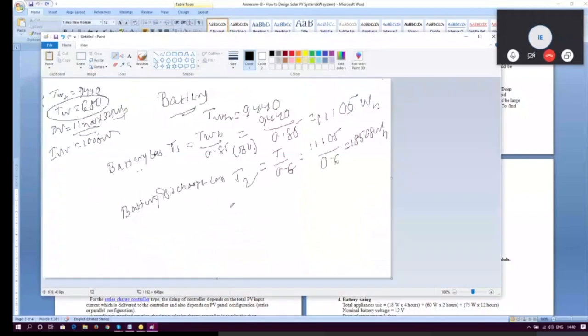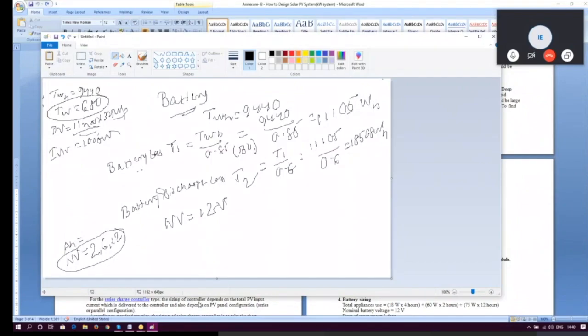Now we need to understand what battery we are selecting. We can say two things about the battery: one is the ampere hour, and next is the nominal voltage. Batteries are available at 2, 6 and 12 volts. These three can be the battery nominal voltage. No other nominal voltage is available from a battery manufacturer. We connect batteries in series or parallel to get other voltages. Manufacturers only make 2, 6 and 12 volt batteries. So first we have selected the nominal voltage of the battery as 12 volt.